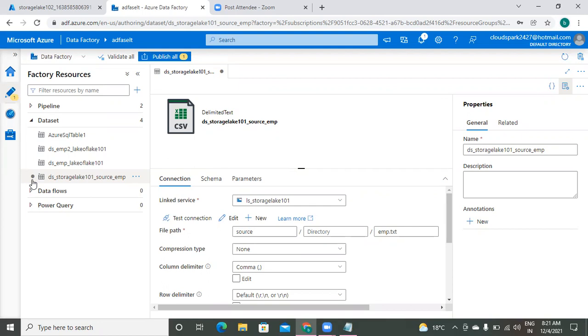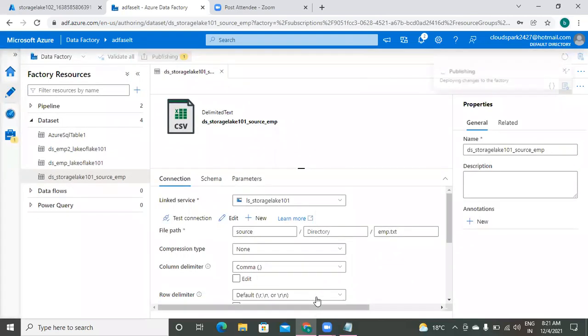If you want to save it permanently, you want to deploy, then click on publish. Understand? Without publish, if you log out, the data set will be deleted. That's why once you create it, just click on publish.